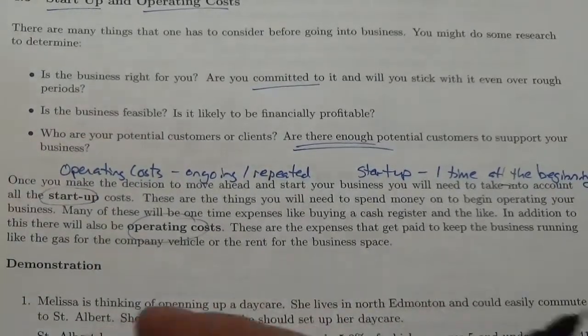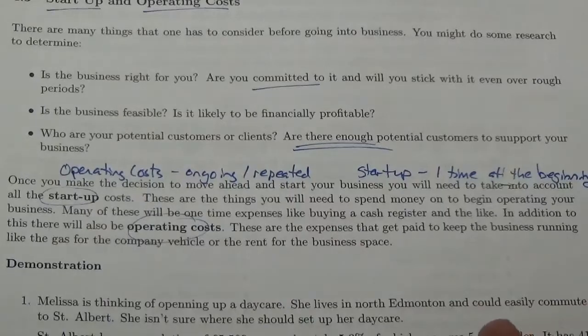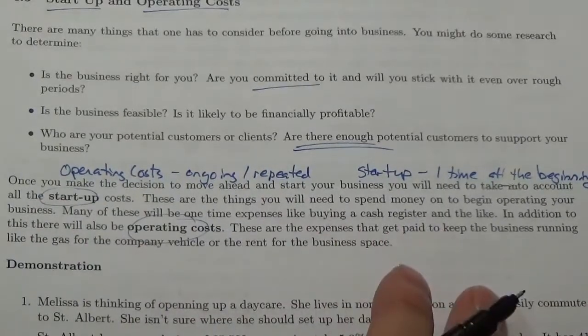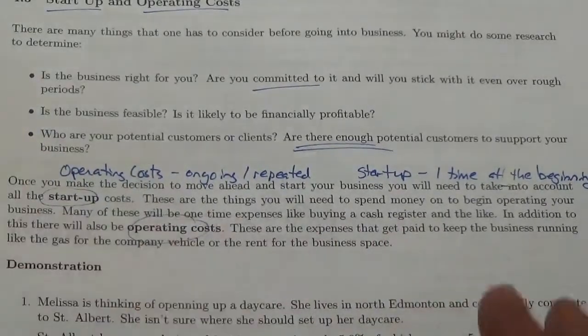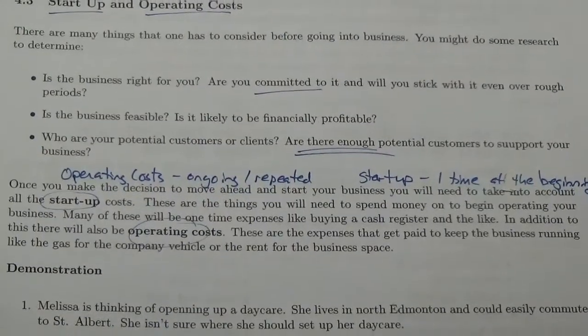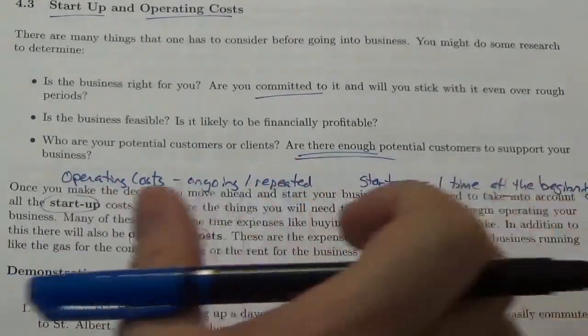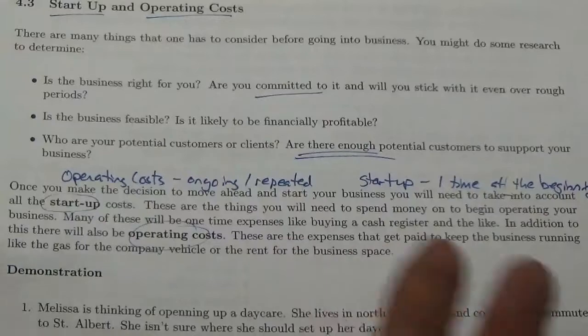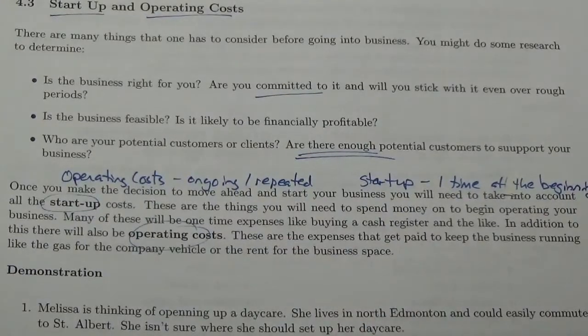But that's not what you would consider an ongoing expense. It's not something that you're constantly budgeting for and having to do repeatedly. You're hoping that you deal with that up front, and then that's dealt with, and you can move on to other things. So I want you to think about it in those two different categories, just to make things simple for what we're trying to accomplish in this course.